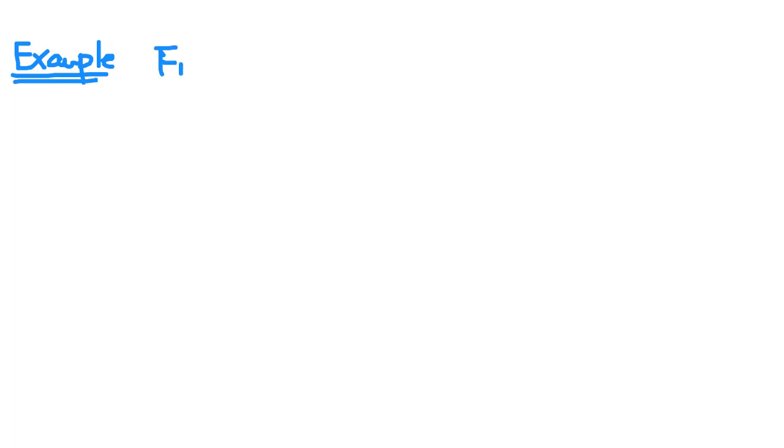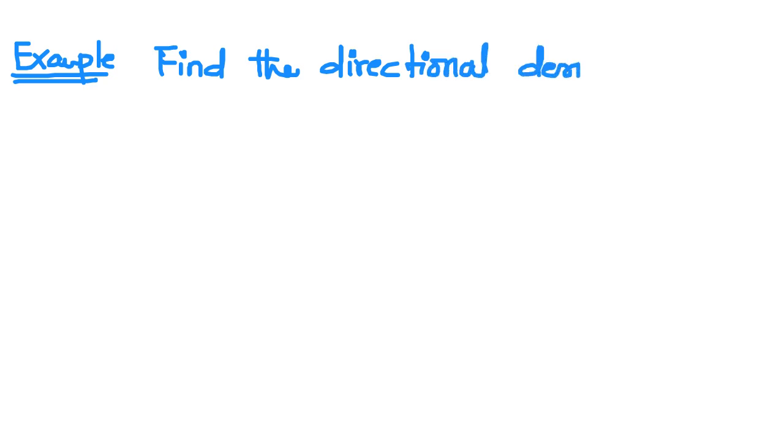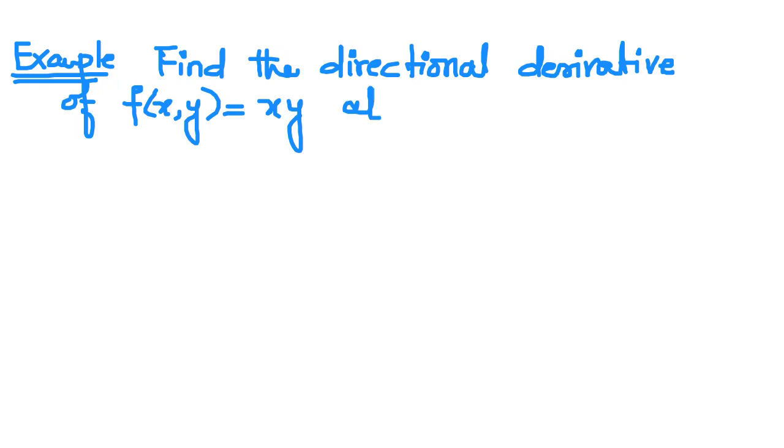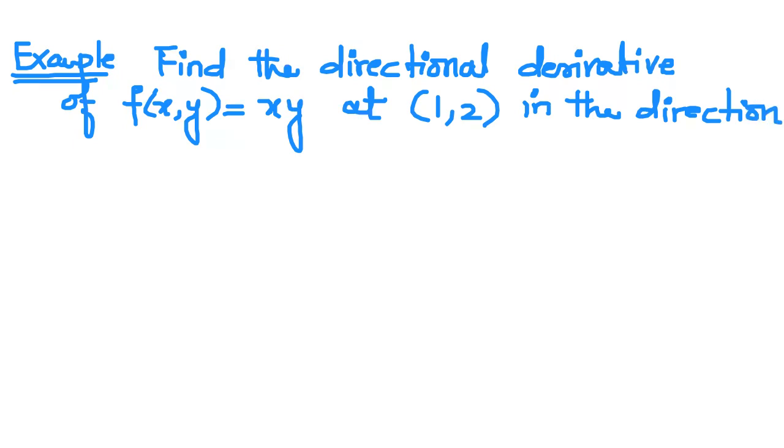Find the directional derivative of the function f of xy, which is equal to xy, at point 1 and 2 in the direction of the unit vector